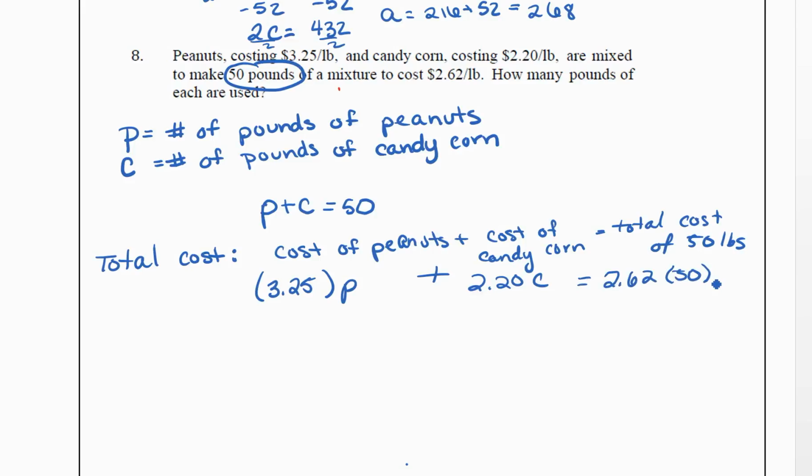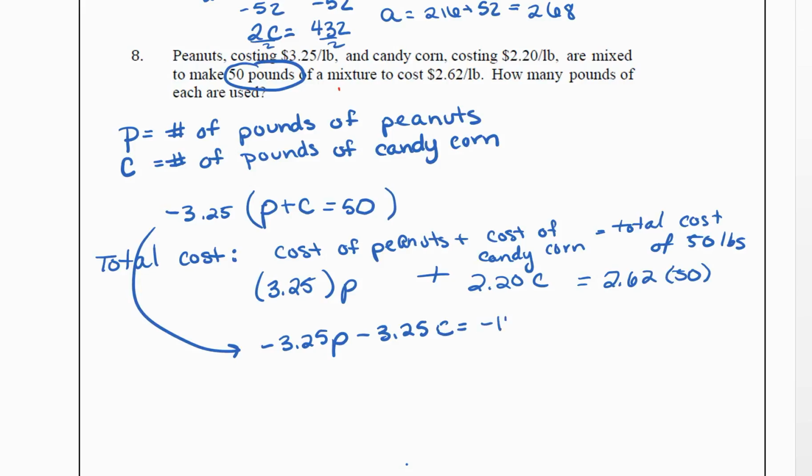Now, it's really up to you about how you want to solve this. Just to get a little more practice, I'm going to solve this using elimination. So I'm going to multiply this first equation to eliminate P. So I'm going to multiply everything through by negative 3.25. So that's going to give me negative 3.25P minus 3.25C equals, and in my calculator I'm going to do 50 times negative 3.25,